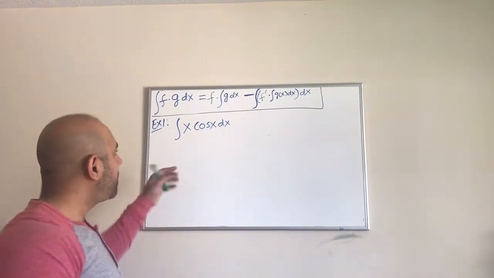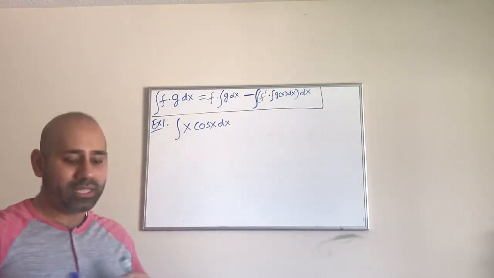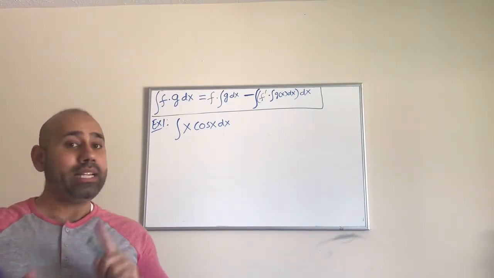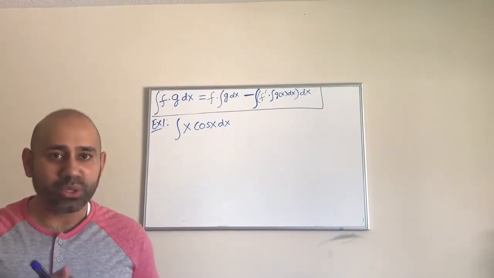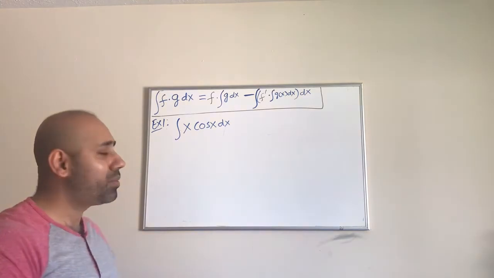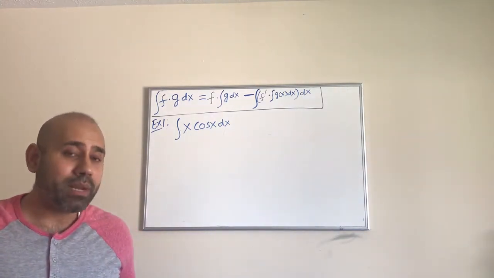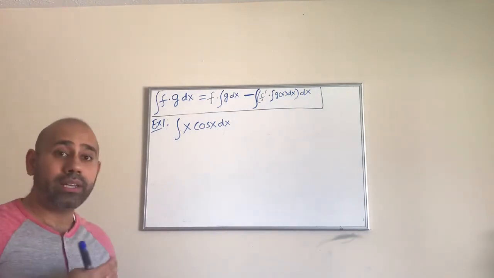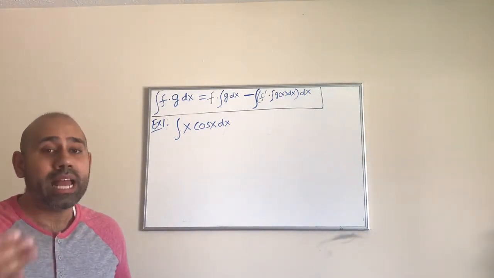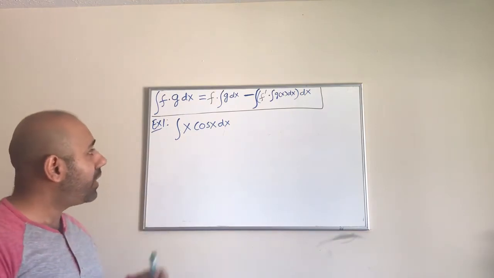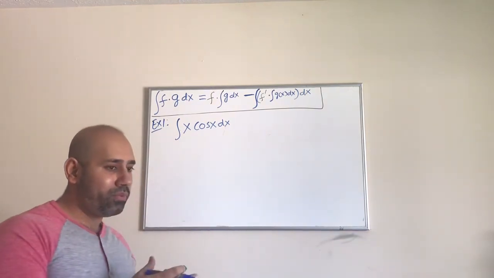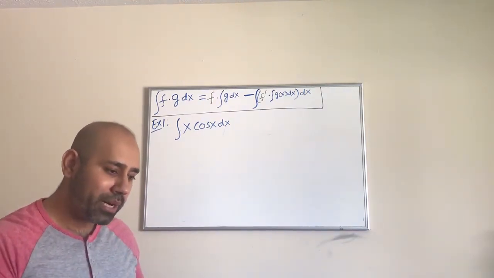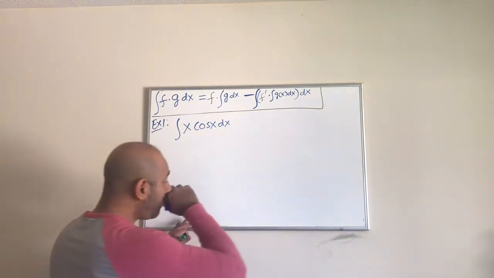So in order to evaluate this integral, the substitution method is not going to work. Any direct formula is not going to work. There's no shortcut to doing this. So one has to use what is called the integration by parts method, where we see there's a product of two functions. In this case, we have the product of a linear, or algebraic, function and a trig function. So we already know, when we have a product of two functions and we want to use the integration by parts formula, we want to first follow this